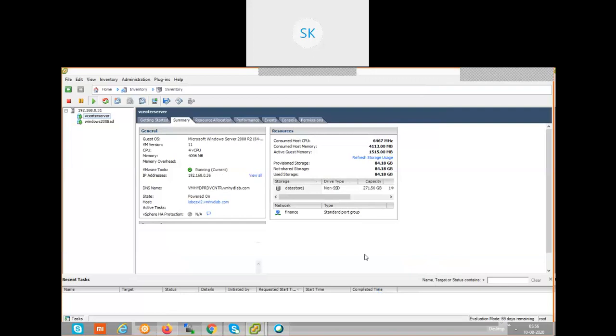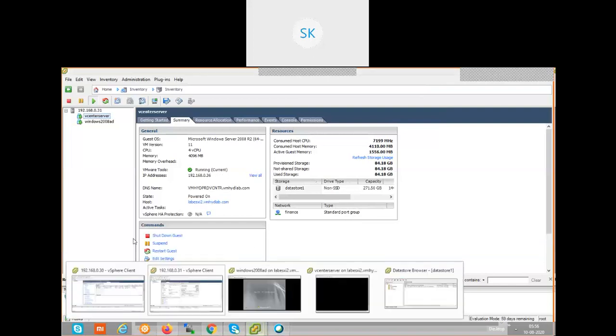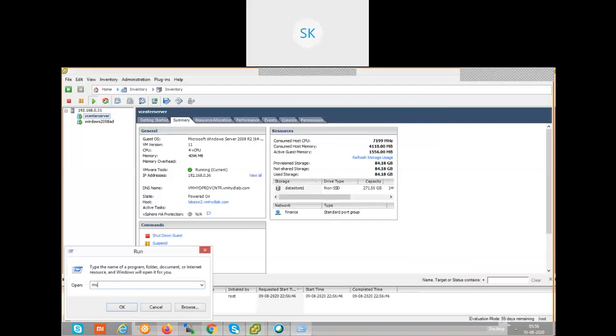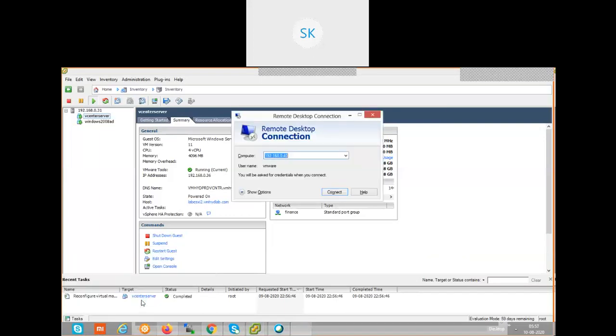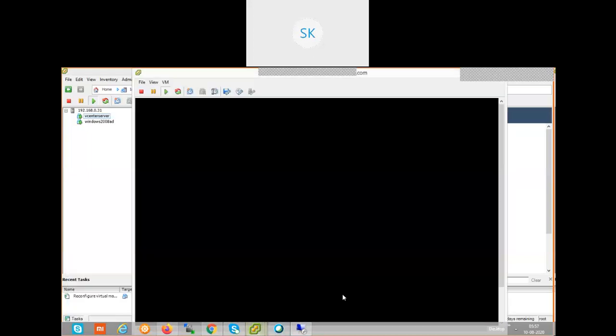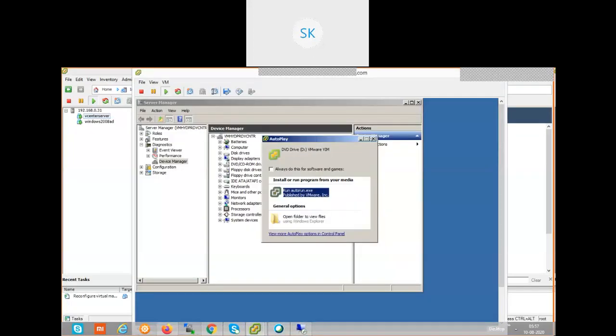Okay, done. RDP to this virtual vCenter server. RDP is not configured. Firewall is not configured, I think.